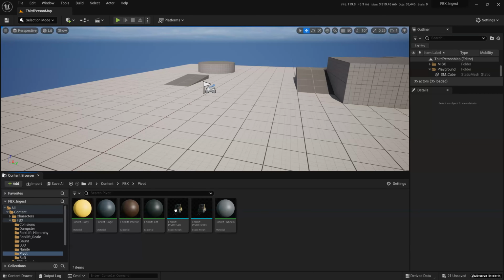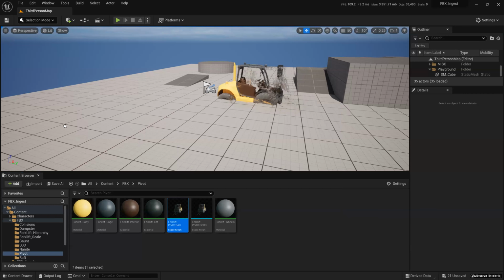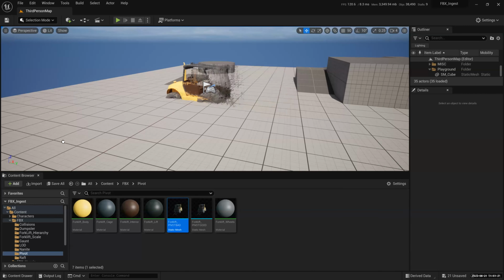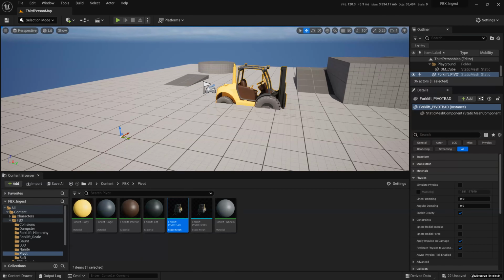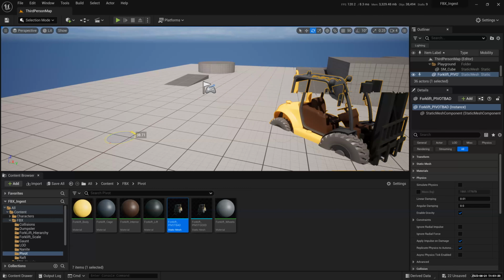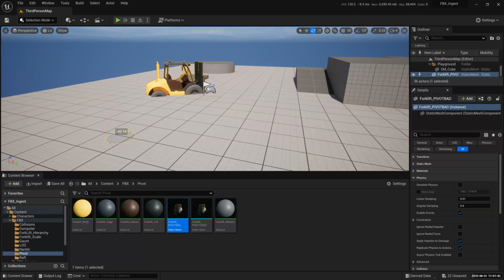So if I take this pivot bed static mesh and drag it into the scene, you can see my hand is on the left-hand side, but my forklift is on the right, on the other side. And it's actually in the ground, right? It's embedded in the ground, which just doesn't make sense, simply because when they created this forklift, they didn't put the pivot point correctly. So if I do a rotation, it rotates like that. Doesn't make sense. So in Unreal Engine, pivot points are very, very important because we always want to make them at the point of origin, 0, 0, 0, right?